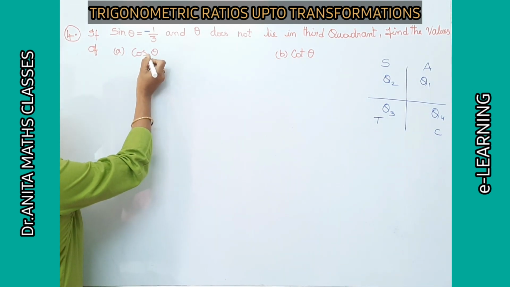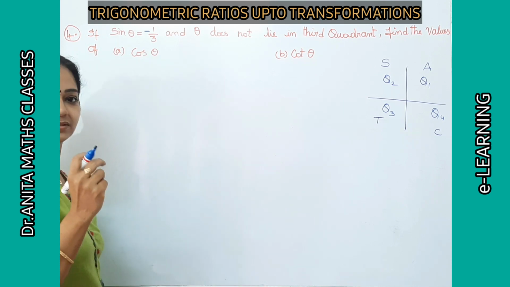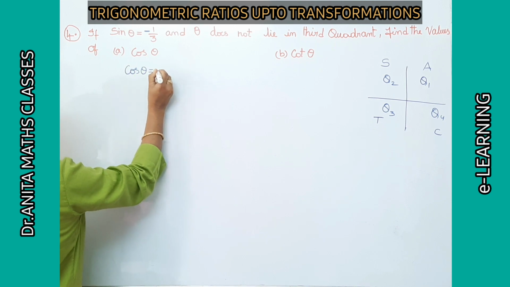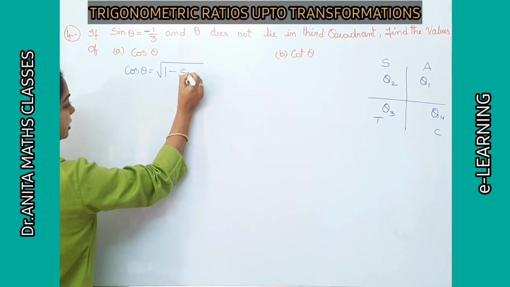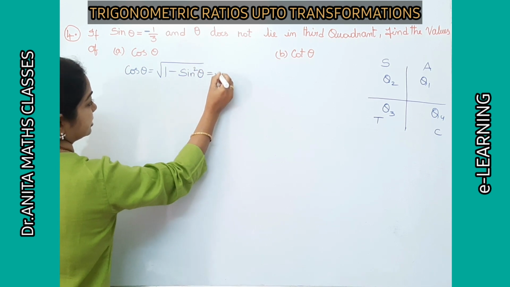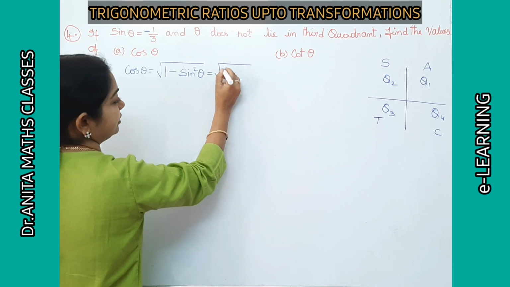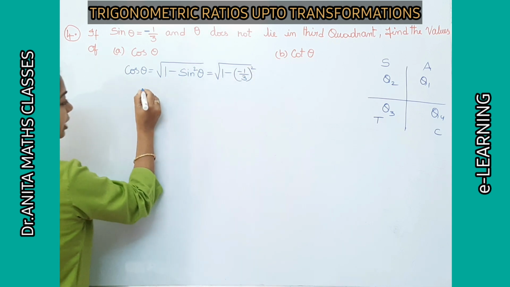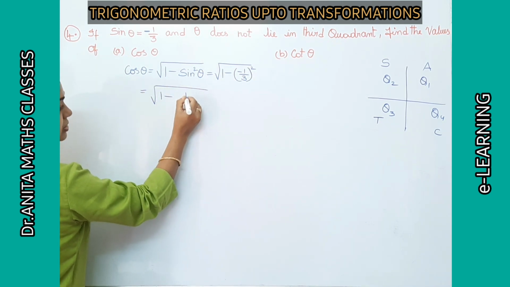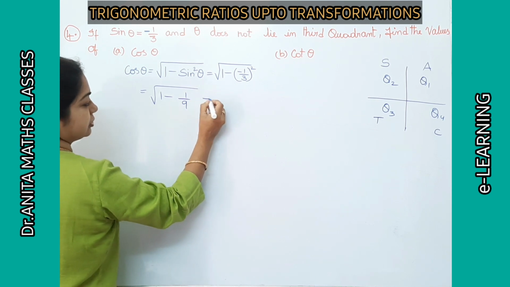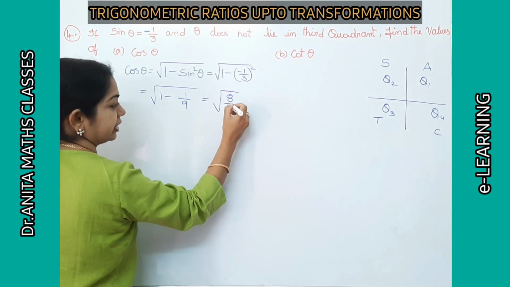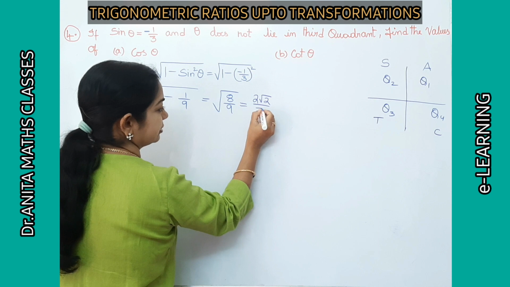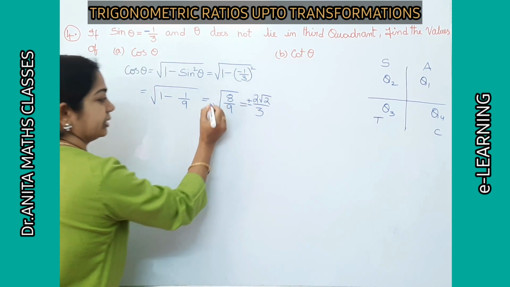Now we will start with cos theta. We have to find cos theta. From the first trigonometric identity, I can write cos theta as root of 1 minus sine square theta. I will substitute the value of sine theta given: 1 minus, minus 1 by 3 whole square. That comes to 1 minus 1 by 9, so that is root of 8 by 9 if you take the LCM. Root 8 is 2 root 2, upon 3. But here plus or minus, because of the square root.